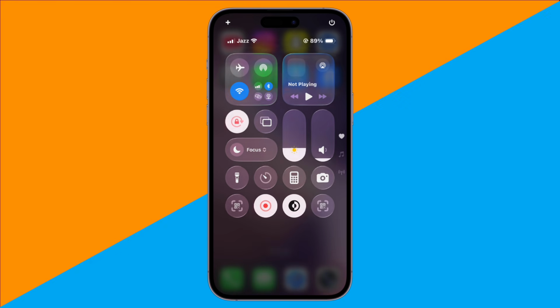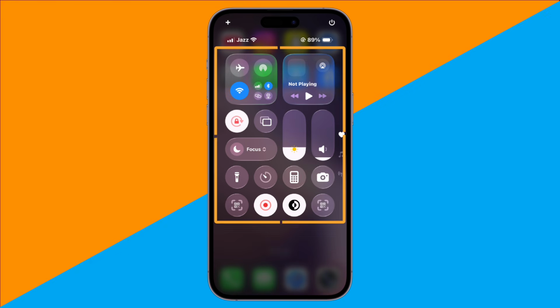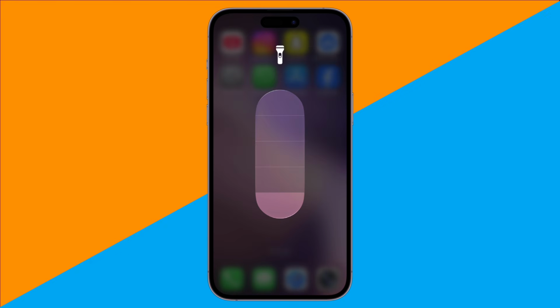Now, swipe down from the top of the screen to open Control Center. Tap and hold the flashlight icon, then slide it up and down a few times to check if it starts